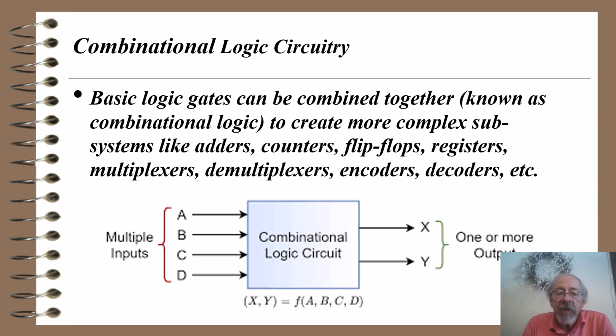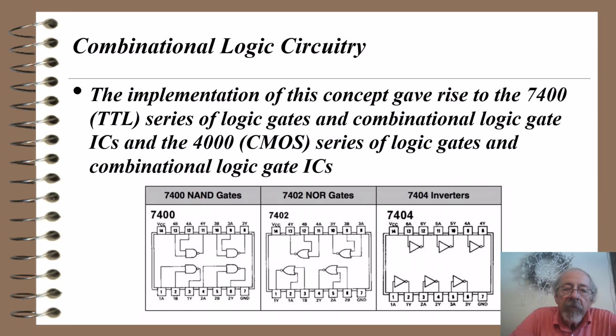These are all the building blocks of modern computers. So here's a block diagram. I have a combinational logic circuit, a bunch of logic gates inside that box there. Multiple inputs, say A, B, C, and D, and one or more outputs, X and Y in this case, coming out of that combinational logic circuit. So what these things look like in implementation,